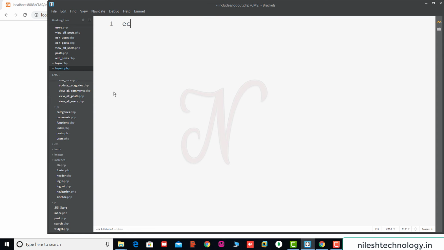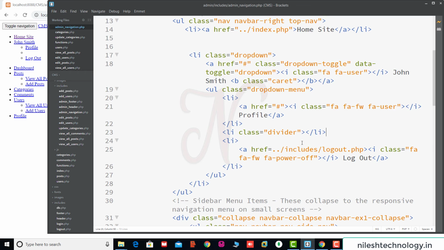For testing purposes, here we call one echo message in PHP. Save these changes. Okay, so in admin navigation.php, here we set the path to this logout.